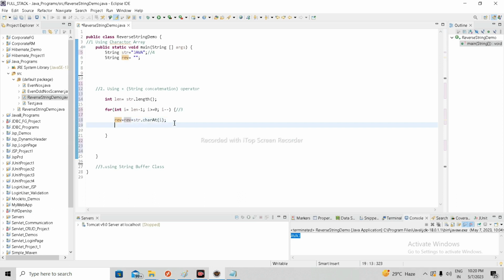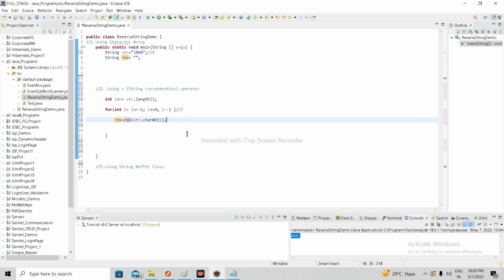What will happen? First the JVM comes into the main body and the loop starts iterating. That time it checks the length 4 minus 1, which becomes 3. At the third position the stored character is a.